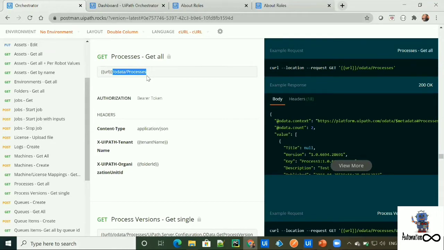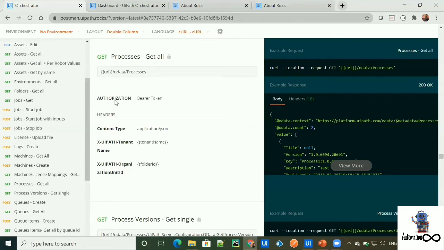As our orchestrator is already connected to the robot or assistant, we don't need to provide any orchestrator URL. Also, we don't need to provide any tenant name, and it is taking a default folder as an input by itself. So we don't need to mention the folder ID as well.